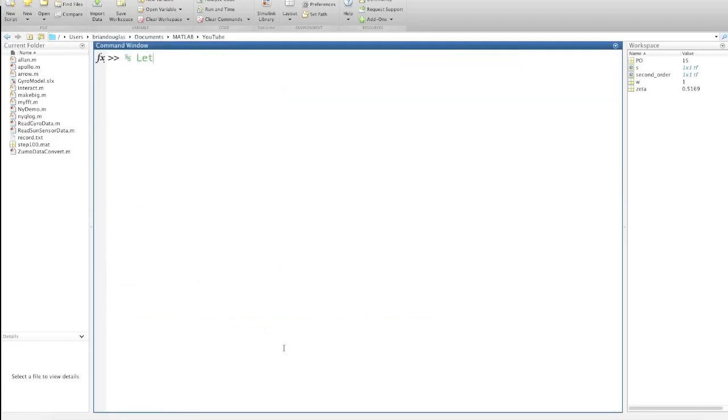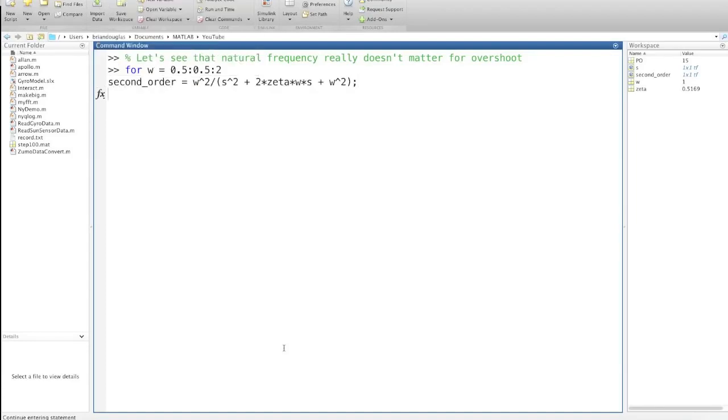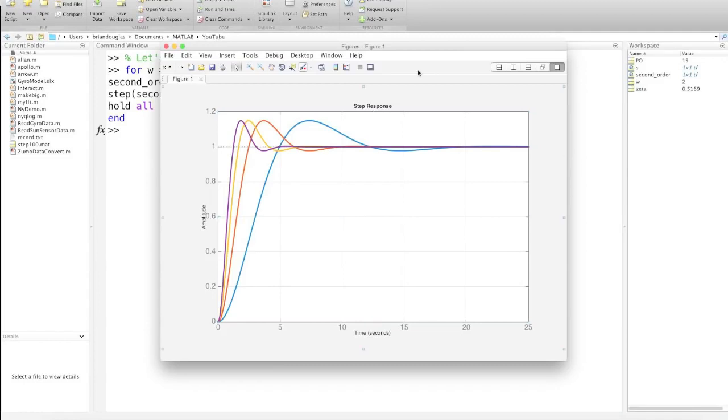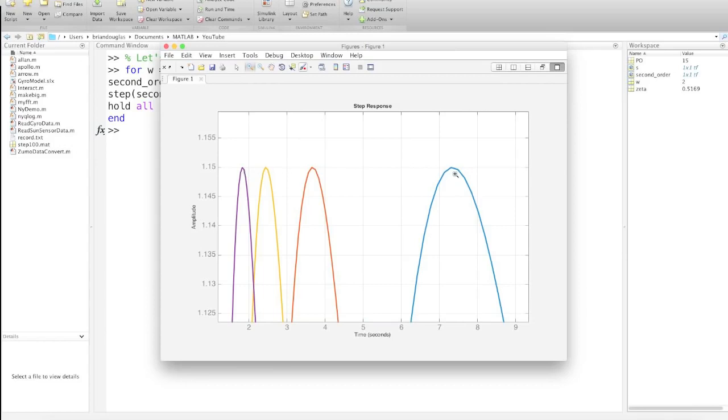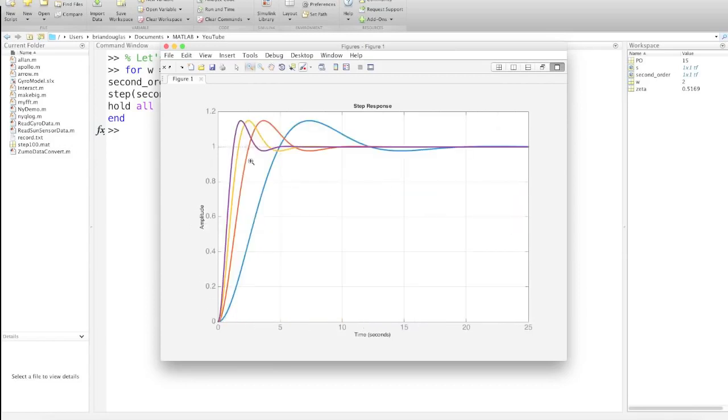Let's go back to the command window and verify that the natural frequency really doesn't impact the overshoot for a second order system. I'll loop through 4 different frequencies, 0.5, 1, 1.5, and 2 radians per second. I'll recalculate the transfer function and plot the step response on the same graph over and over again. And here's what that looks like. It's a similar story as before. All 4 responses have exactly 15% overshoot, and just the rise time and settling time was affected by the change